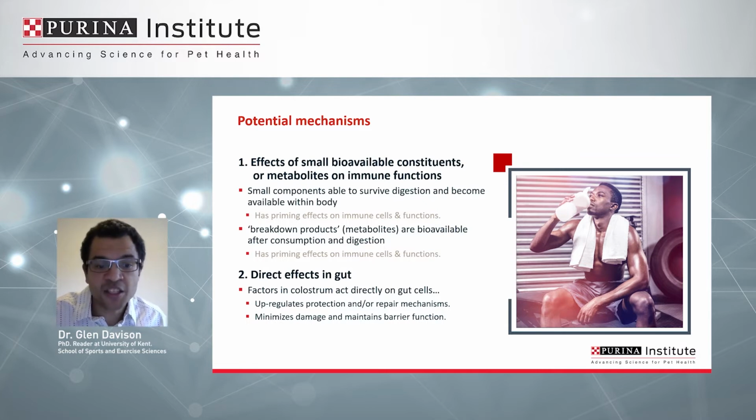And there's a couple of things that can happen here. What they will do is upregulate the natural protection and repair mechanisms of those gut epithelial cells, which helps to maintain the barrier function of the gastrointestinal tract. Basically, that helps prevent things getting across that barrier that shouldn't be getting across that barrier. I'll talk about this in a little more detail a little later, but that could have direct effects on the gut and some potential gut symptoms, and also